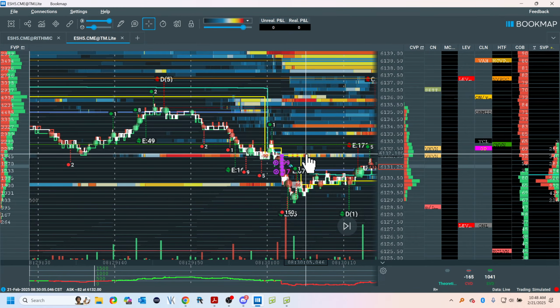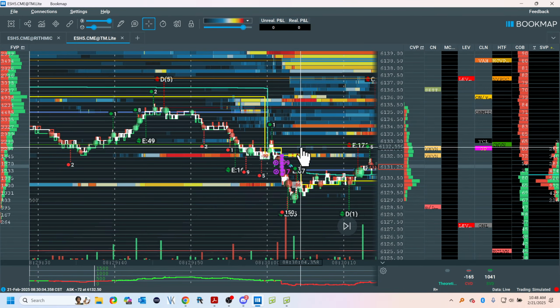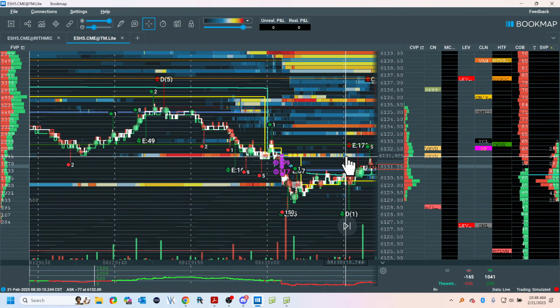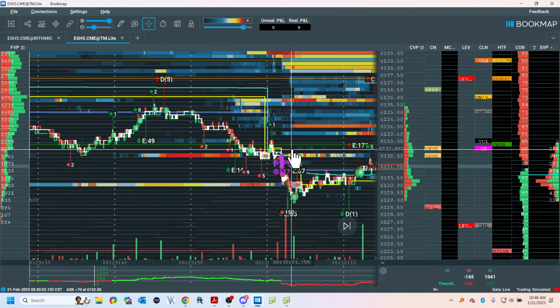So this is too high. I call it a variable high volume node. I made the terms up. What do I know? So when I started doing this, nobody was doing it, so you create terminology. And this is too high. So I have a sweep here. This suggests counter rotation. So I'm using order flow, and I'm using the volume profile.